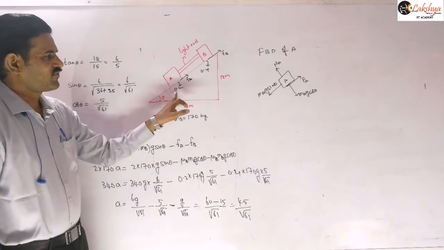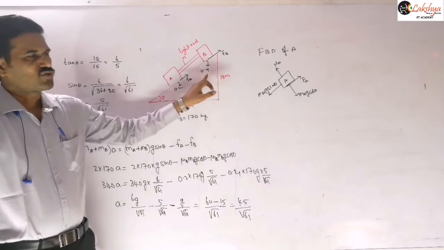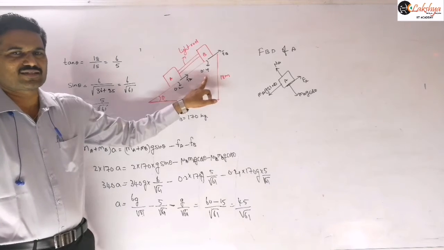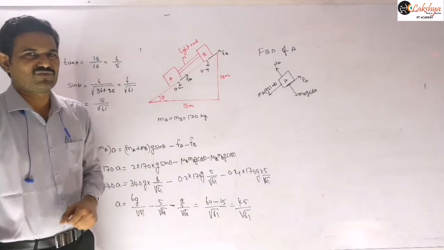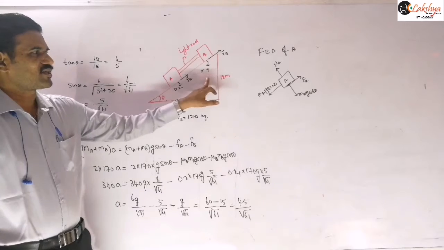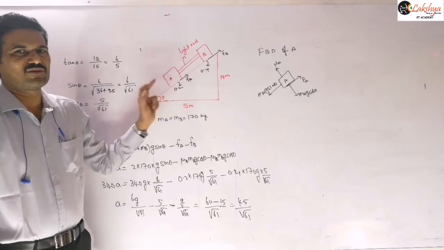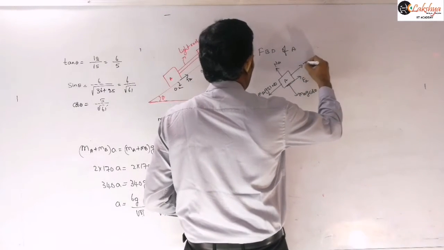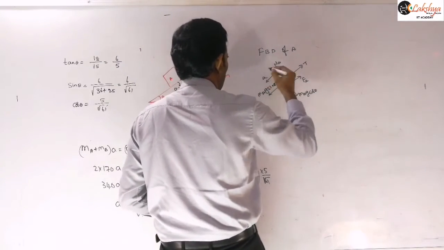So the coefficient of friction of this block is less here and this block is more, right? So the coefficient of friction is more in the sense, as we discussed acceleration equation, if that coefficient of friction is more, then its acceleration will be less, and so then its acceleration will be less when compared to that of acceleration of this block here. So it is having that more acceleration means the tension in that rod must be a pulling. So then that means it must be like this here. So it is accelerating down here.